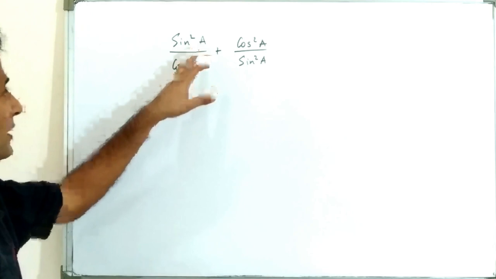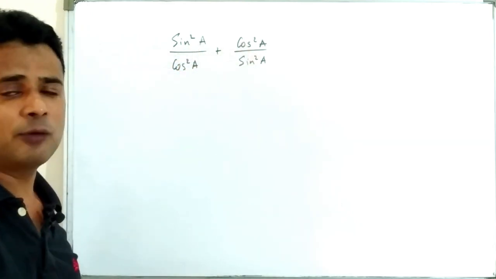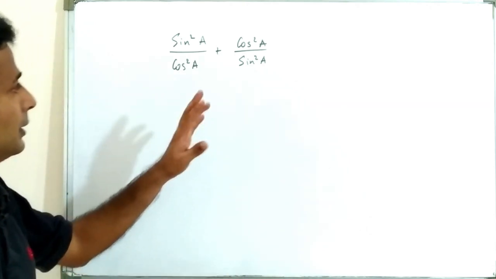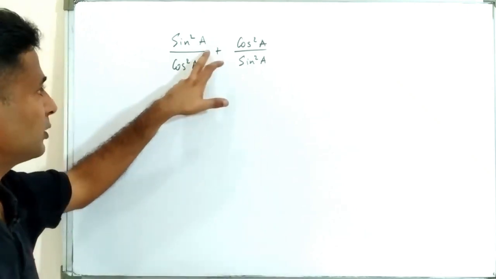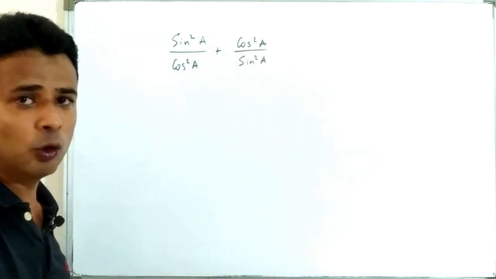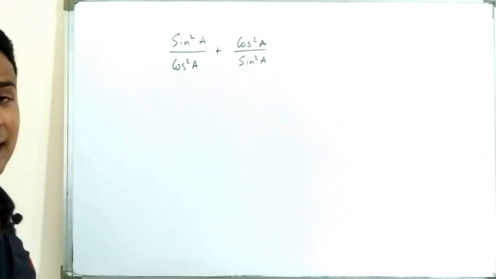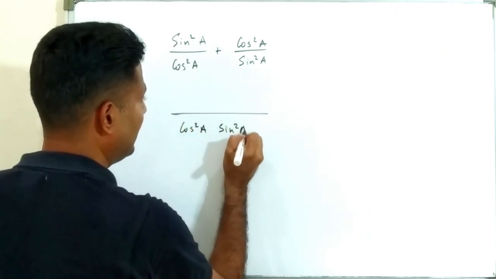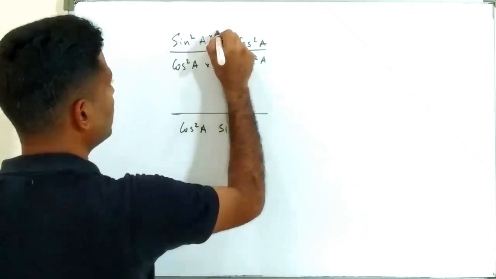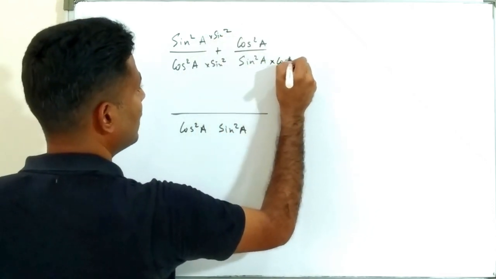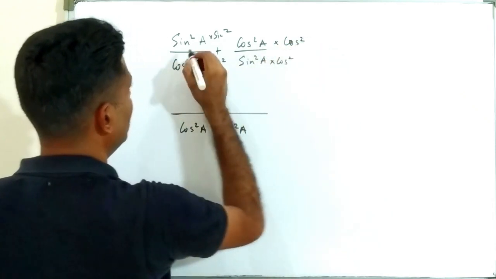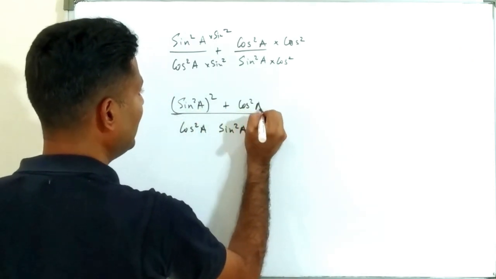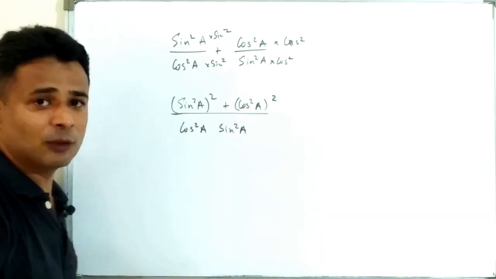Alright guys, now the next question, they have given us sine square by cos square plus cos square by sine square and we have to prove it equal to something, 1 by sine square cos square minus 2, or 2 minus 1 by sine square cos square. Since there is no tan and cot on the right hand side, I will not convert this to tan square and cot square. It is of no use, right? So what I will do is take the LCM. So what will be the LCM? Cos square A into sin square A, right? Here into sin square A, here also into sin square. Similarly, here into cos square, here also we have to do into cos square. So what will I get? Sin square A whole square plus cos square A whole square. Now this is of the form a square plus b square.